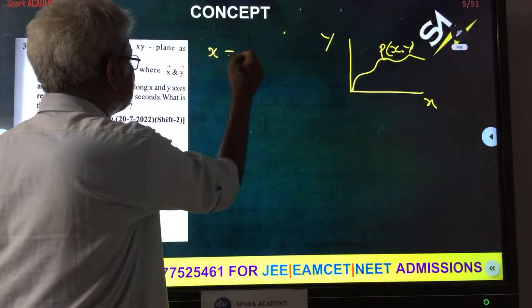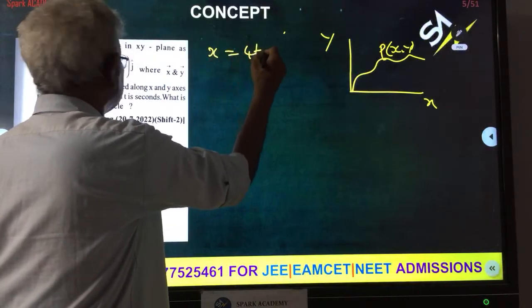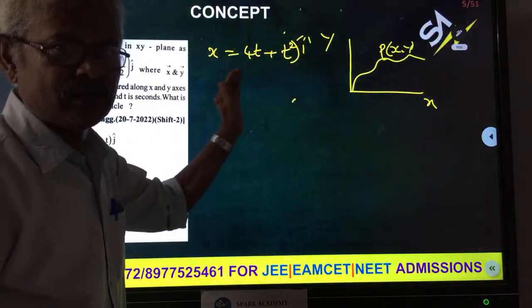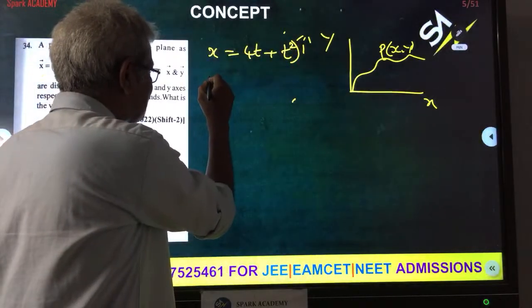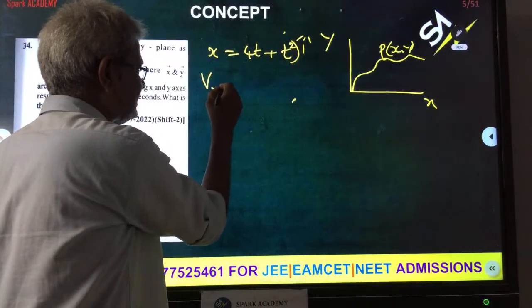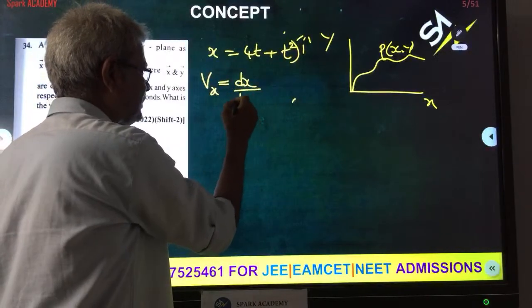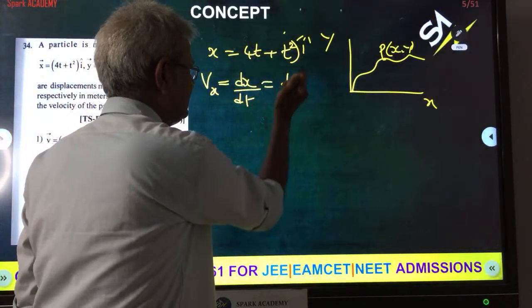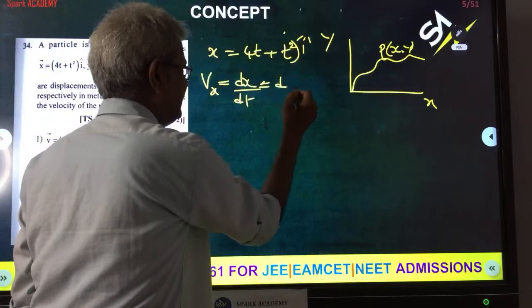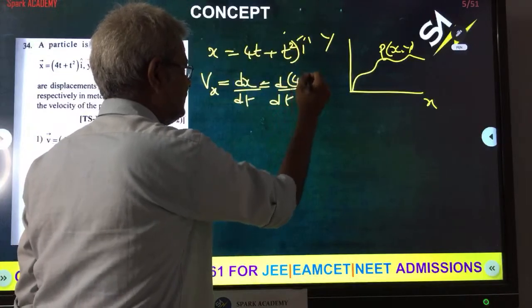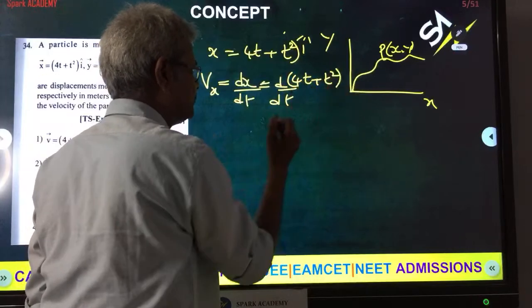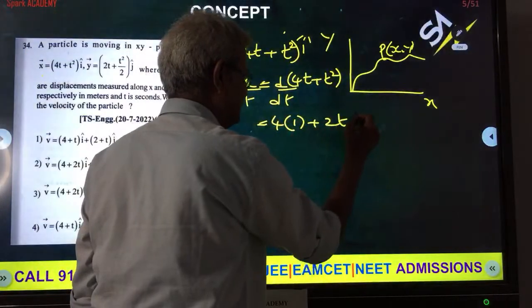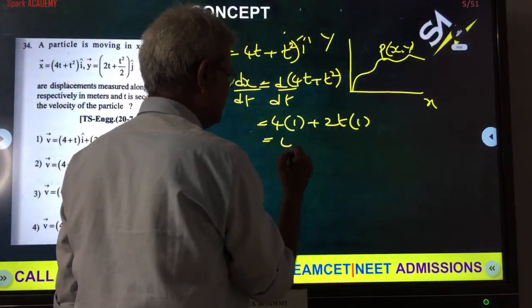So here, x is equal to (4t plus t square) i cap, because x i cap is along the x-axis. We want the velocity along the x-axis, meaning vx is equal to dx by dt. What is dx by dt? Differentiation of this: d by dt of this entire thing, 4t plus t square. This will be 4 into dt by dt, which is 1, plus 2t into dt by dt, which is 1. So this will be 4 plus